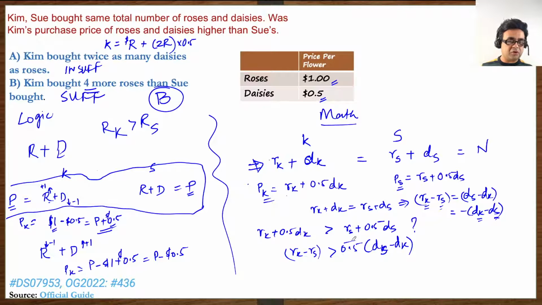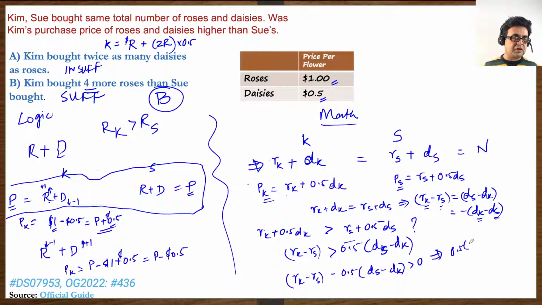Right, and then I will take all of this from the right side to the left hand side, so that becomes RK minus RS minus 0.5 (DS minus DK) greater than 0. And this turns out to be, if you resubstitute, DS minus DK is the same as RK minus RS, you would get 0.5 (RK minus RS) greater than 0, which will be the same as RK minus RS greater than 0, which means